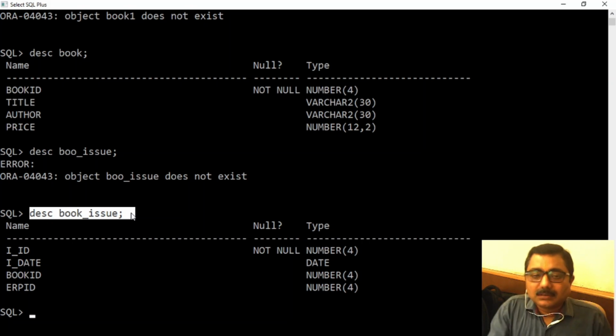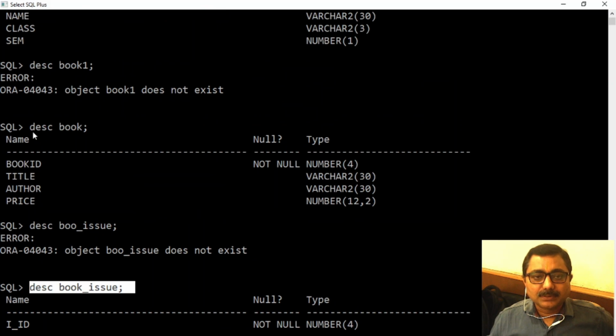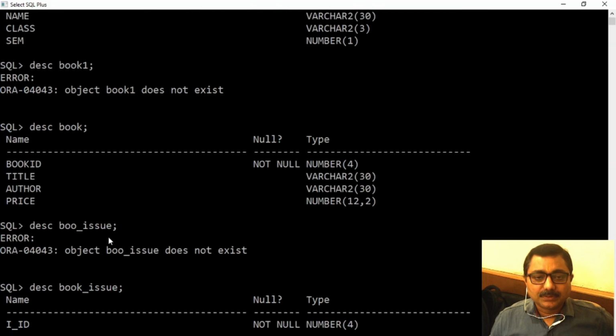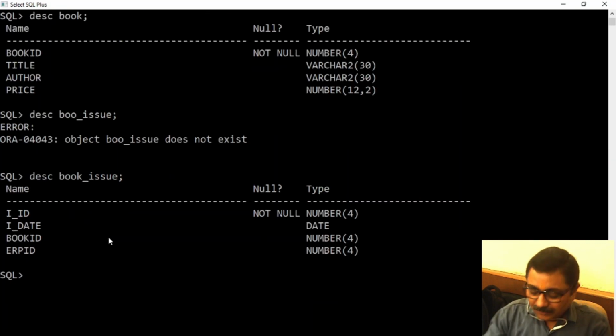We all know that if we want to enter records into a detail table, that is book underscore issue, we must have related records in both the master tables, like in book table as well as in student table. So let's see whether we are having records in master tables or not.